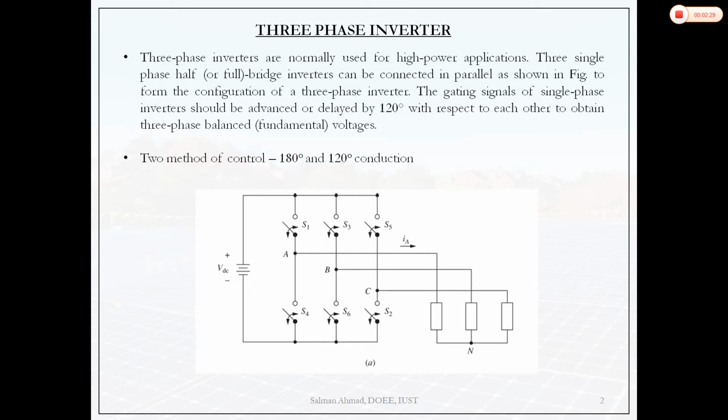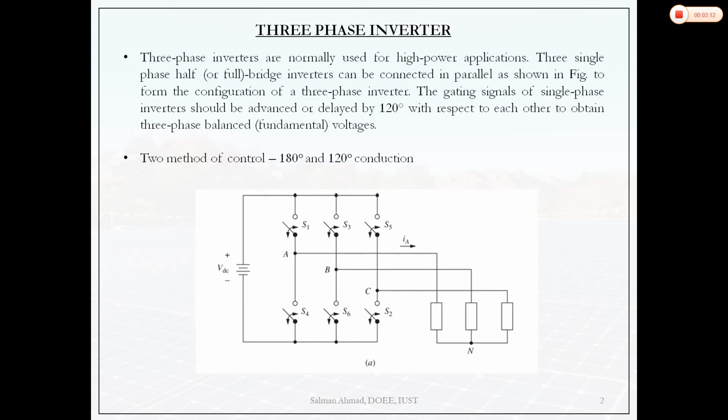Again, we can control the magnitude and frequency if we have pulse width modulation techniques, and also we can have control on the harmonics like we have studied in the single phase half bridge inverters. A similar thing can also happen with the three phase voltage source inverter. With three phase inverters we have a large number of pulse width modulation techniques like sinusoidal pulse width modulation, space vector pulse width modulation, and harmonic injection pulse width modulation. There are a lot of pulse width modulation techniques that are used in voltage source inverters.